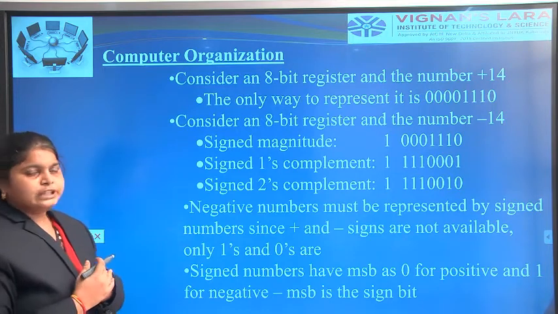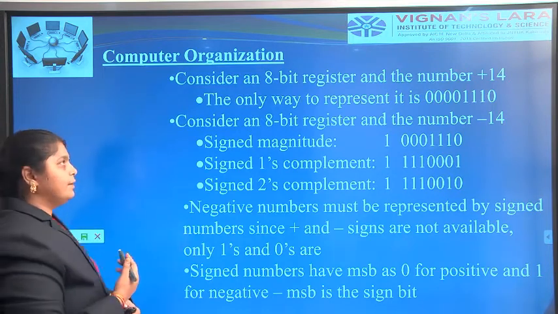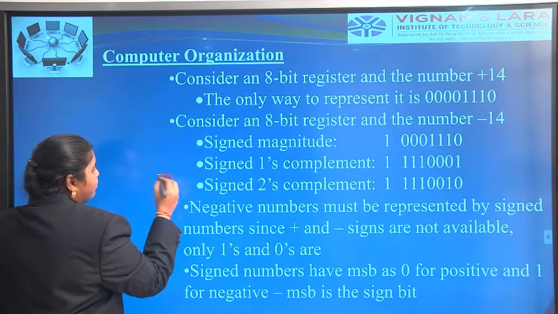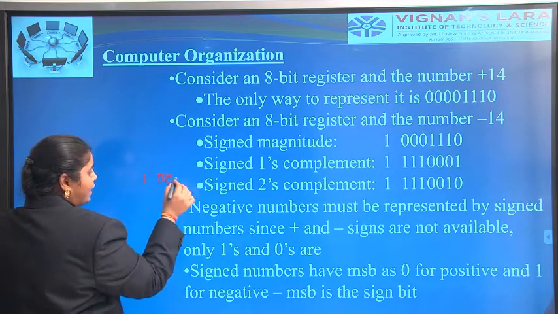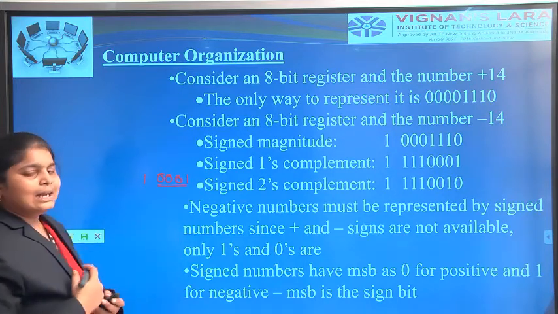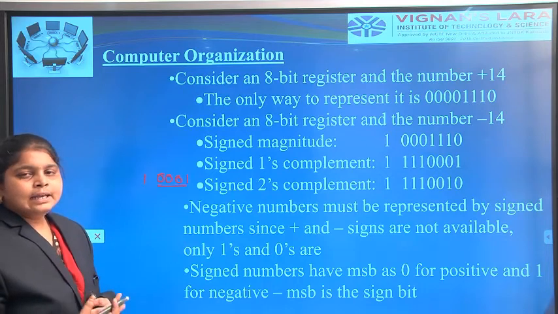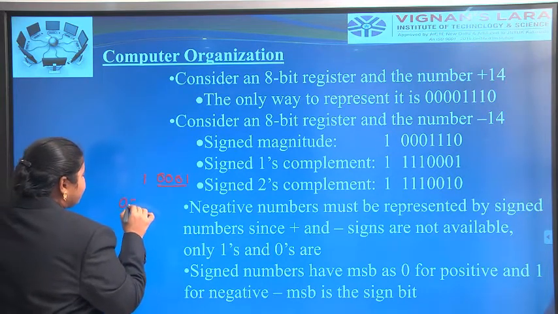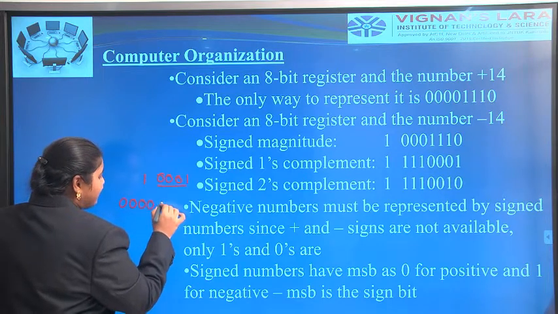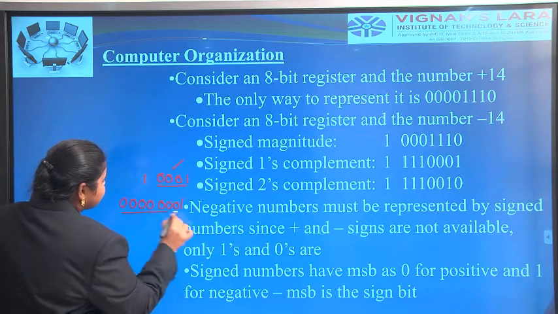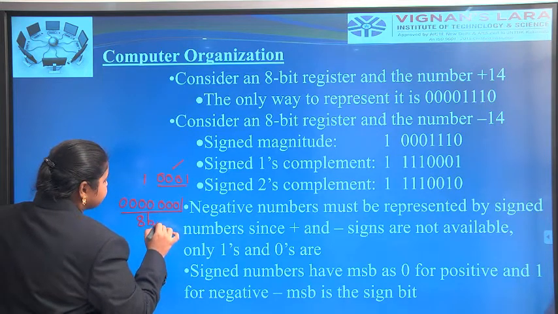Okay, what is the difference between the 8-bit register and the 4-bit register? A 4-bit register means we have to take, for example, 1, 0, 0, 1. This is a 4-bit register. In any other example, we may have to take the 8-bit register. In this we have to place 8 bits. This is the 4-bit register. This is the 8-bit register.